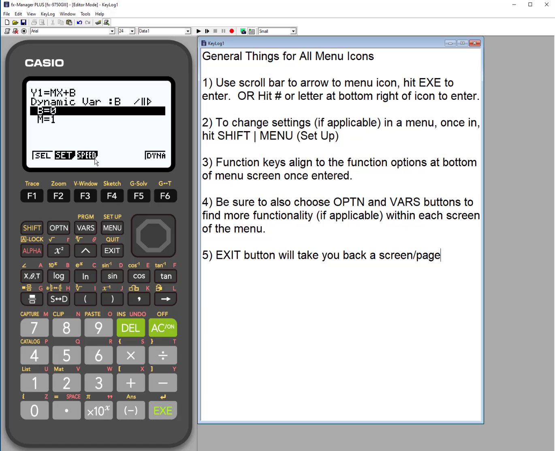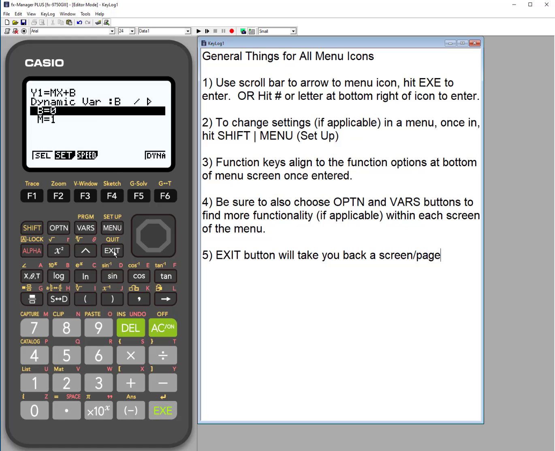Next thing to set up is the speed, and we're going to go into F3 here so you can see what that means. Currently, if you look at the 4 symbols, F1 through F4, it's this one right here, which means you can do stop and go. I like this one because I can control it and ask questions and stop and then go and ask questions to see if their conjectures are right. But the default's actually this one, normal. So let's just show you what the default does. Notice up here, I selected it by choosing F3, and then up here it's showing me which speed. That means it's just going to play through the range of numbers that I set. So we're good with that.